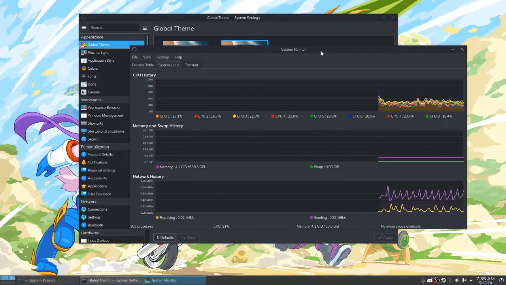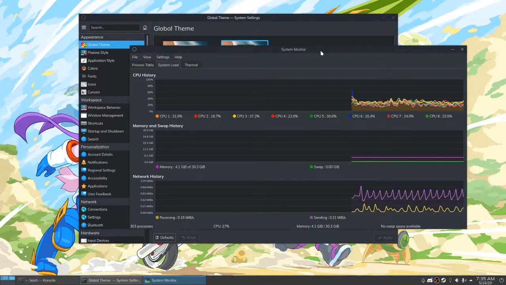When I was on elementary, and I'll explain why I'm not on elementary anymore, it used at least 8 gigabytes of memory at all times. Even after I closed everything, Slack closed, Discord closed, no browsers, something was eating an aggregate of 8 gigabytes of memory. It's like, where is this? Is it a memory leak? Where is it going?